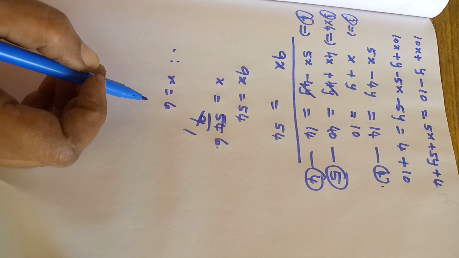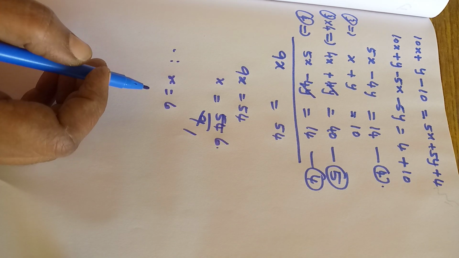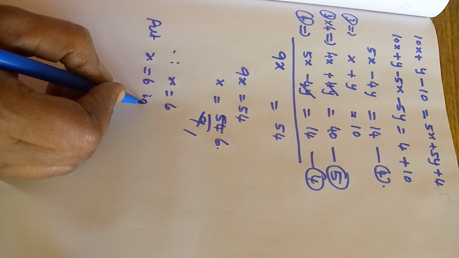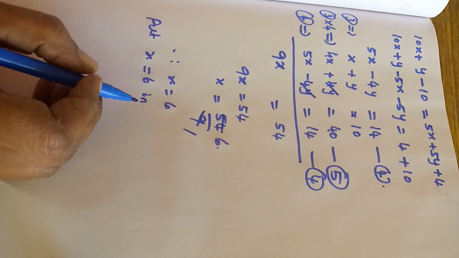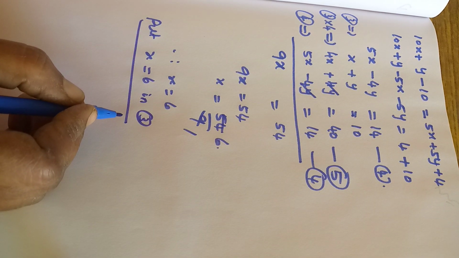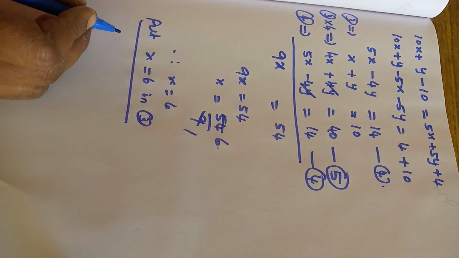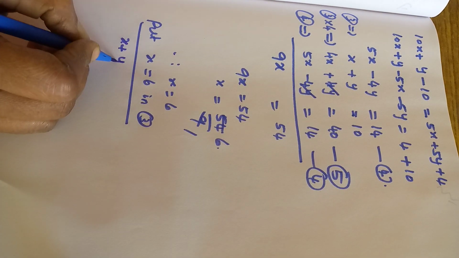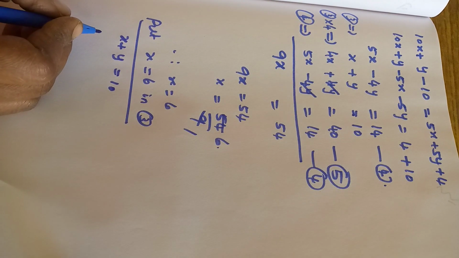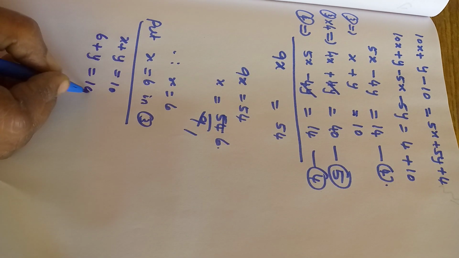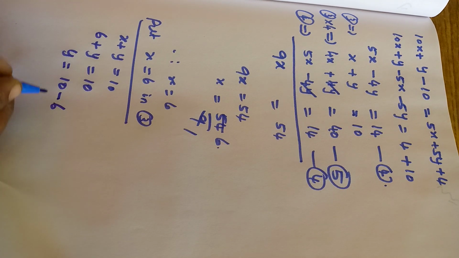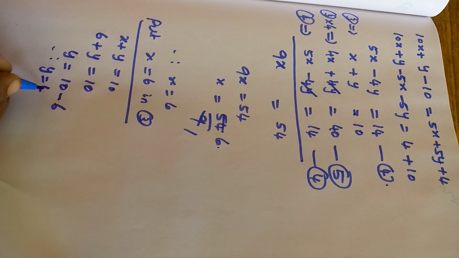We have to find the digits, and we got one. Both the digits we have to find out. So put x is equal to 6 in any one equation. Equation number 3, let us take 3. What is equation 3? We have x plus y equal to 10. In place of x we give 6. 6 plus y equal to 10. Here y is equal to 10 minus 6. Therefore y is equal to 4.